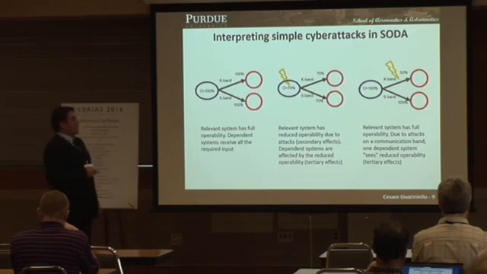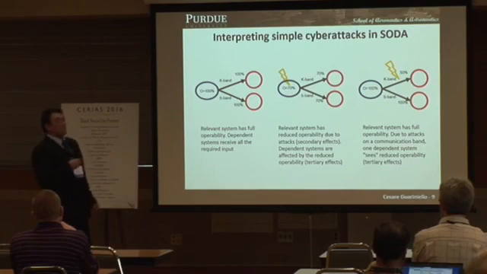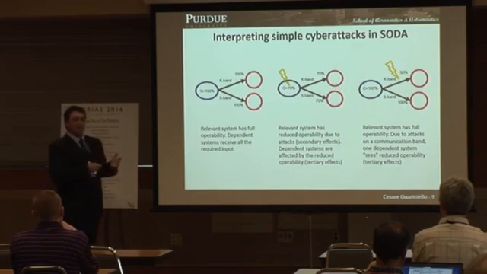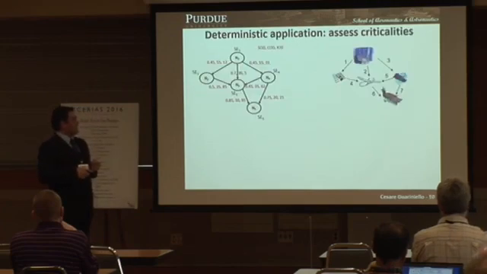Now the question is, is this good enough? And if it's not, where do we want to act? Do we want to improve the robustness here? Do we want to improve the robustness of this individual system? Do we want to change our architecture completely? And these are some of the questions that I'm trying to answer.